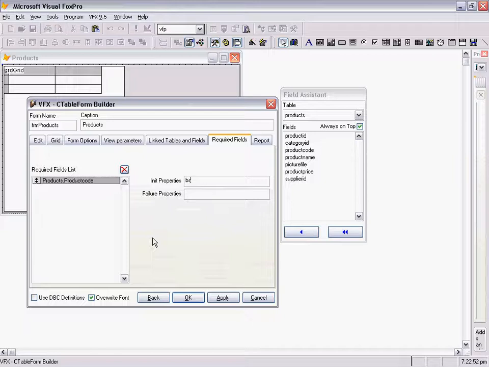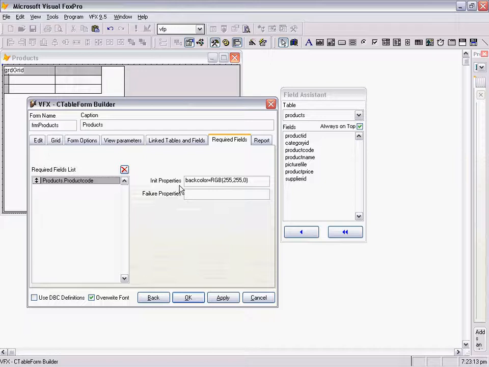Init properties are properties that are set when the user sees the form. So I want back color to be set to 255, 255, 0, and this is yellow.